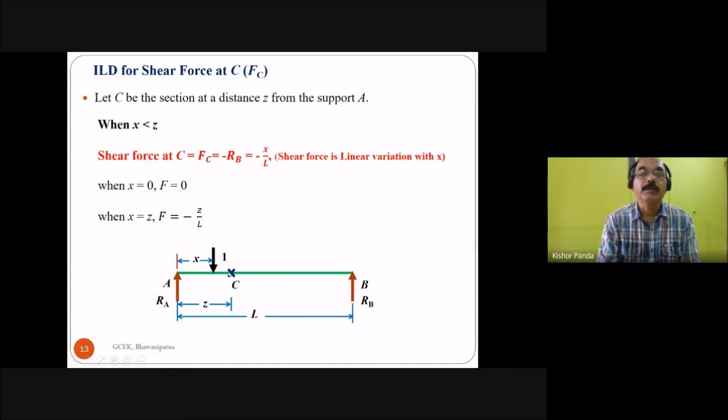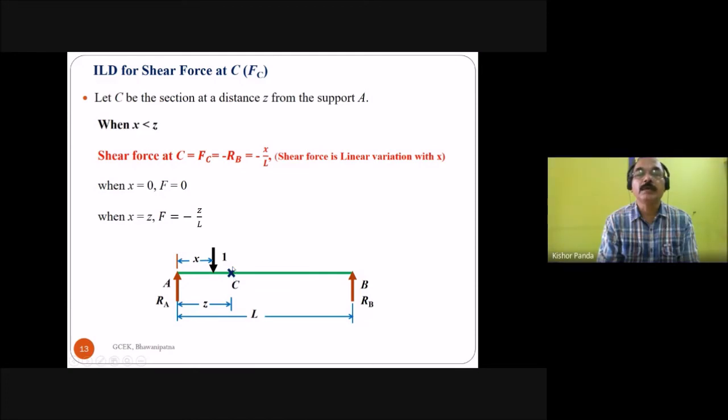When the unit load is present on the left side of the section, that is when X is less than Z, what is the shear force at C? When X is less than Z, the shear force at C, FC, is equal to...